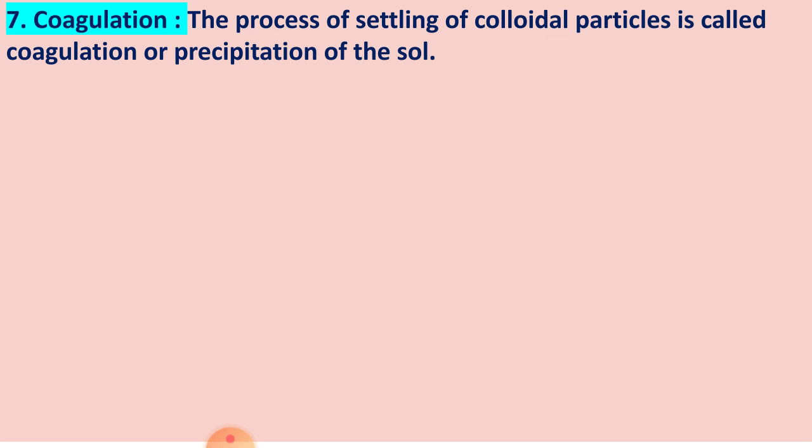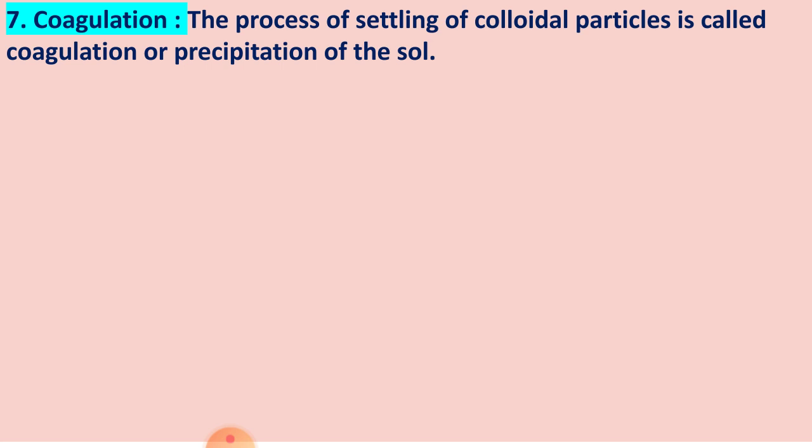Now dear students, you know that colloidal sols are stable due to the presence of electric charge on the colloidal particles, because of electrical repulsion. The particles do not come close to one another. That means if AgI contains Ag plus charge, similar charges are present on the other colloidal particles, so they do not come close to each other and do not coagulate.